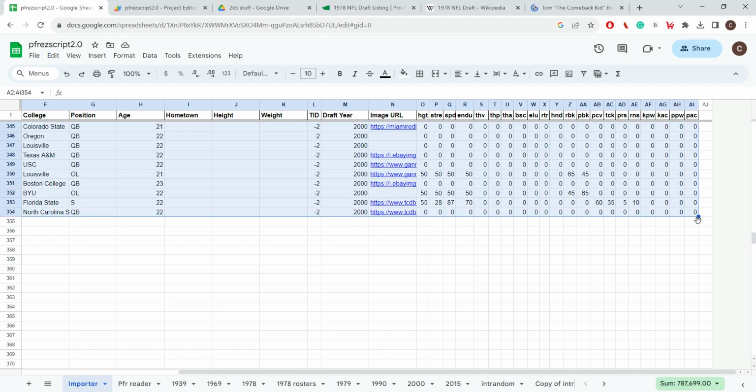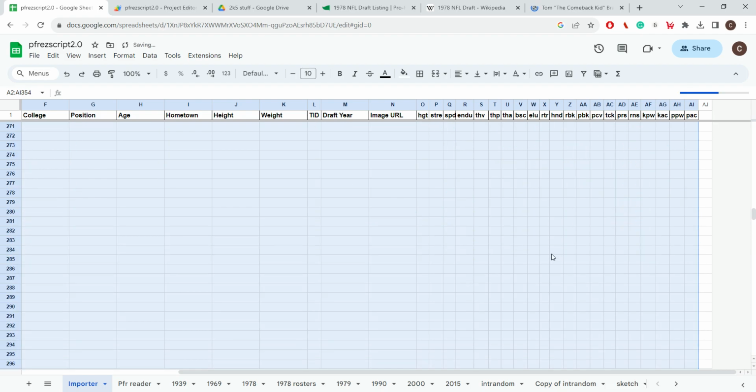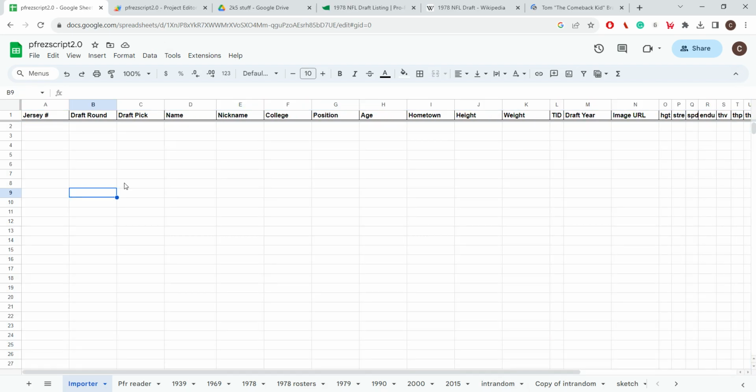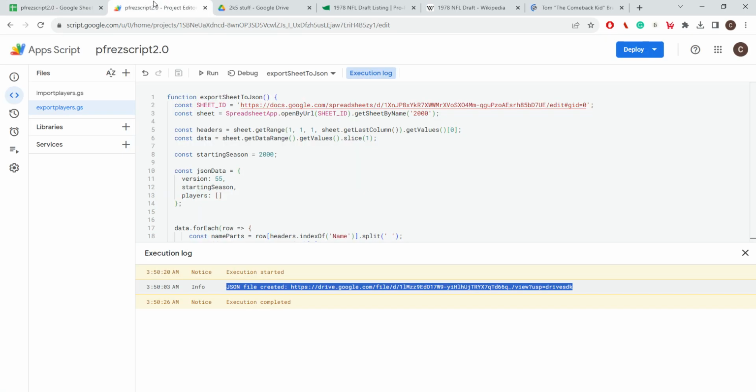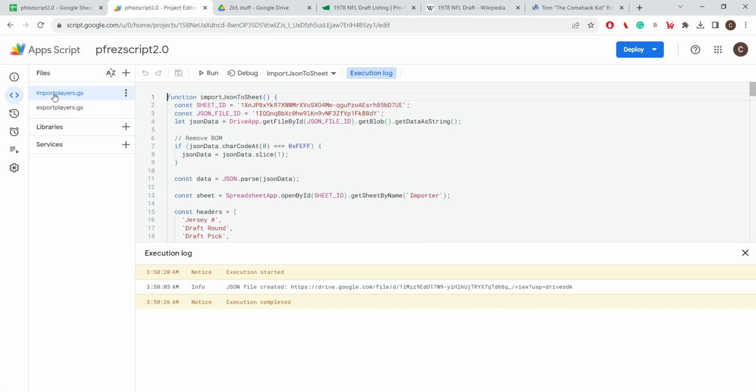And let's hit delete. I'm not too worried because I can just undo that if that was something I needed, but I don't think it is. So yeah, basically you're going to go to here. Your import players code is going to come into play here. Sheet ID. For some reason, ChatGPT built all these codes. I don't know how to code it all, but for some reason, this one is just going to be, I think,